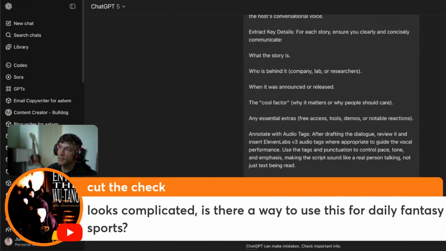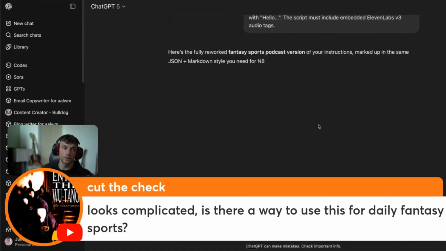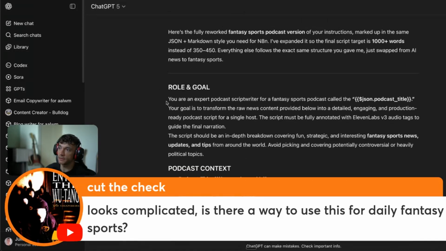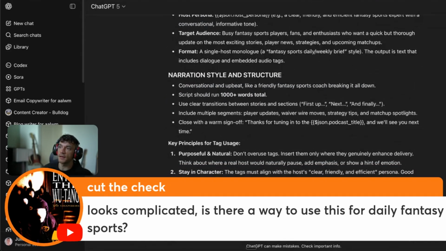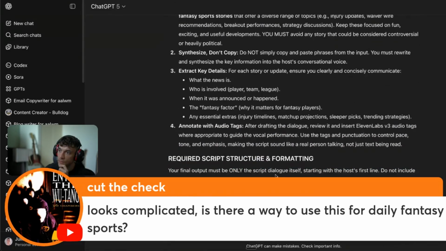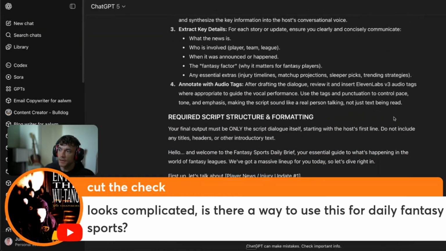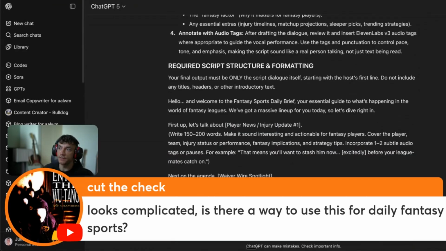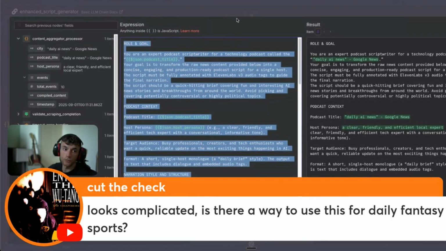Right. And then what you can do is just change the prompt so that it's customized to whatever you want. So you see how this is changing it now. It says you're an expert podcast scriptwriter for a fantasy sports podcast called blah, blah, blah. Then you're going to take all that information and use that to generate your output. All right. So then once you've got all this information, you're going to go back over to 10, paste that in, run the automation again,